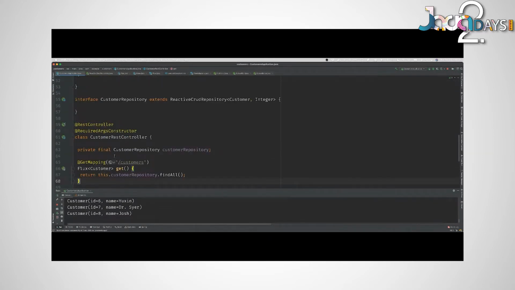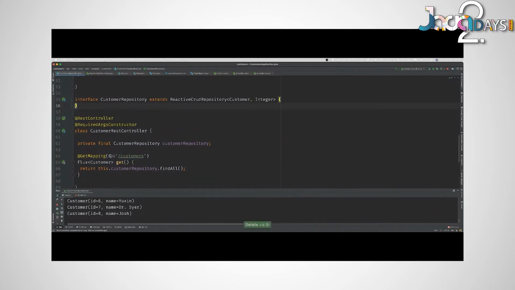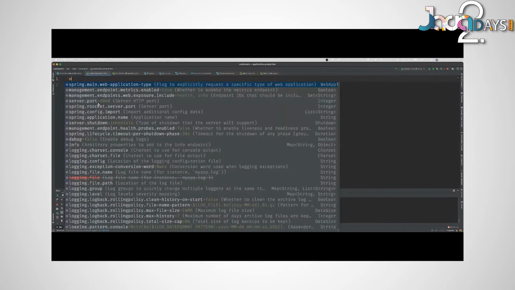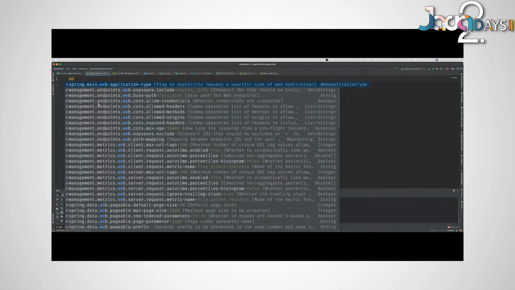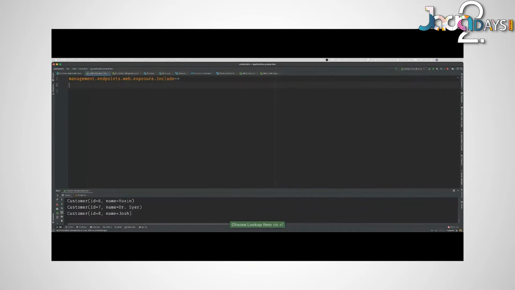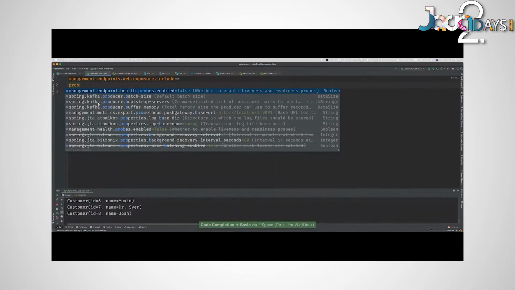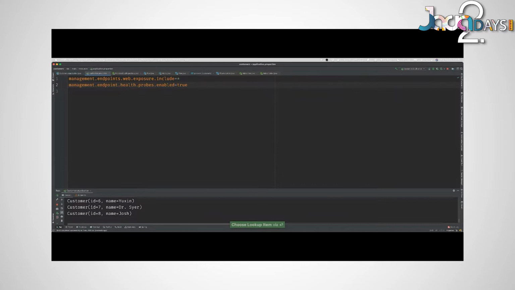What do we have to care about when we go to production? Well, of course, there's a lot of concerns when you go to production. First of all, I want to make sure that my application is observable. And so I'm going to use the Spring Boot actuator to include all these endpoints that give information about the state of my service. I'm also going to deploy to a Kubernetes cluster probably, right? So I want to make sure that my application is ready to support integration with the Kubernetes platform. So we have these health liveness and health readiness probes that we can enable. So I'm turning those on as well. So let's go ahead and run this and see what we get for that.